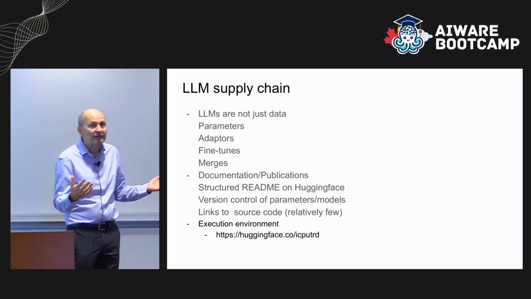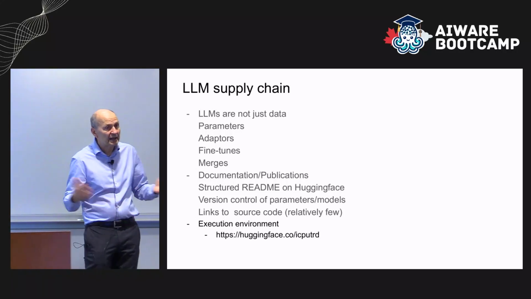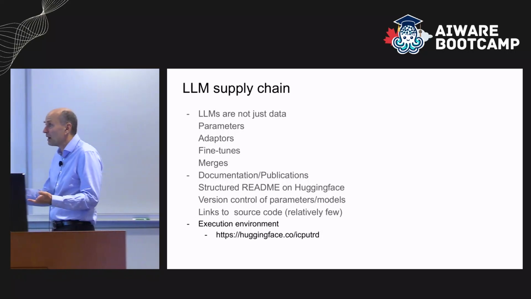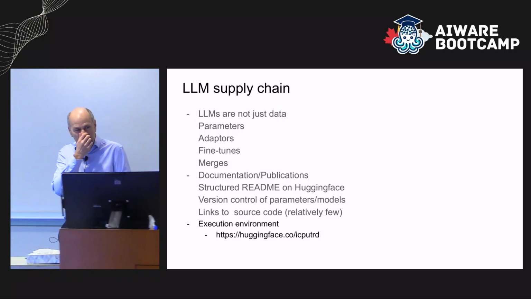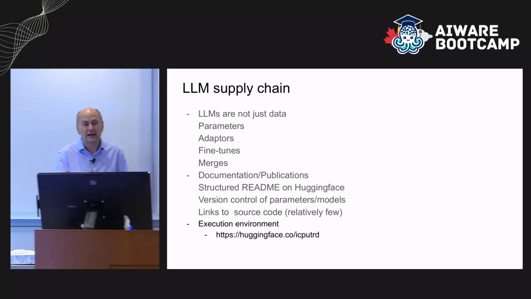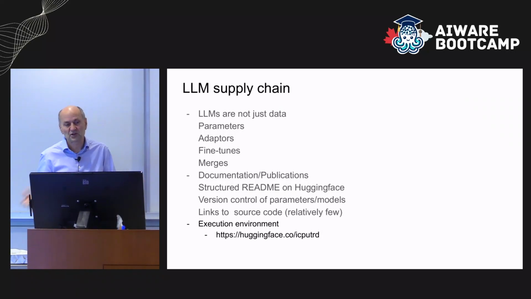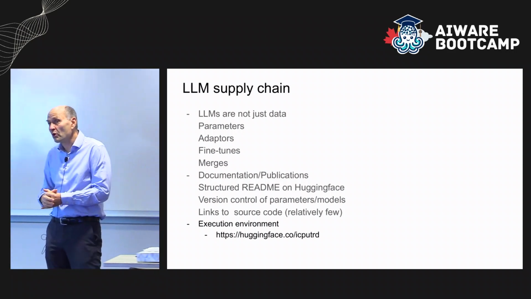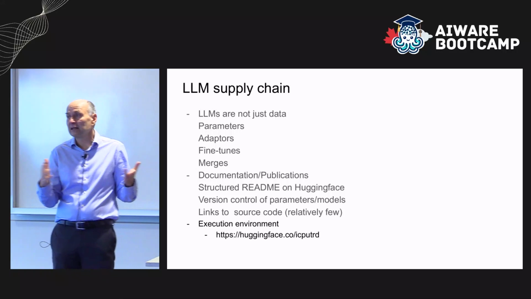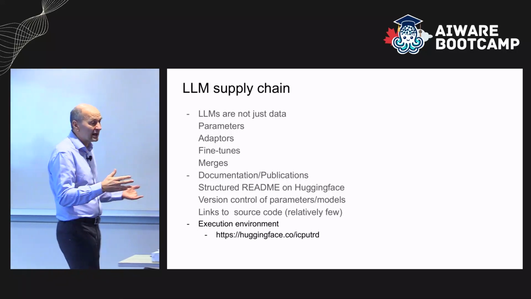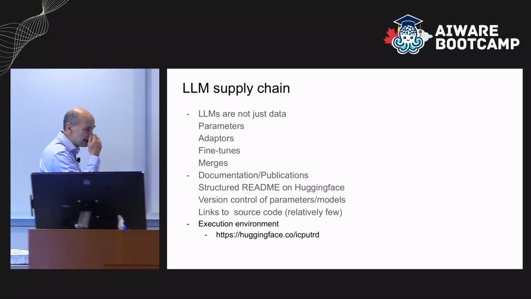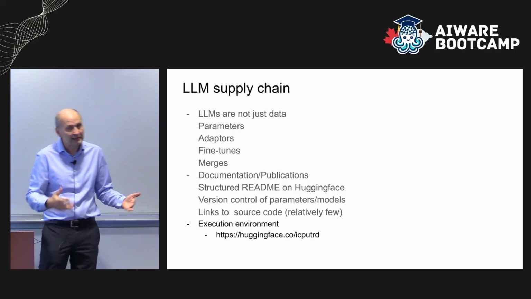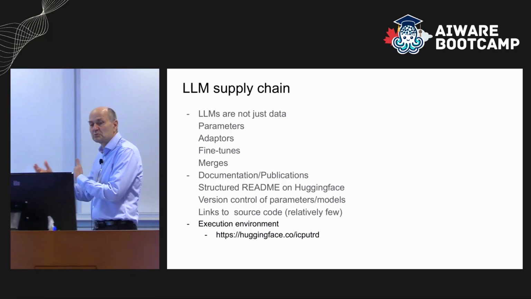People do crazy stuff. For example, they take one model, they take another model, they average coefficients. Turns out it works. Actually, it works like two models, right? Crazy stuff. But anyway, there's all sorts of supply chain for LLMs themselves, of course, including what they're trained on and so forth. Now, documentation, fortunately, is much more structured on Hugging Face than it is, if it exists, on GitHub, because they have very good templates. People who use models know that you cannot just say this is the model. You need to say what data it is trained on, which parameters are used.